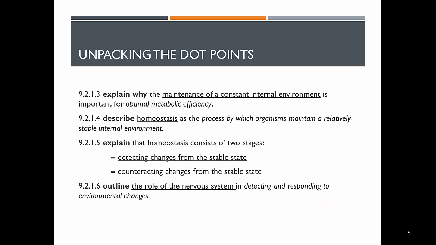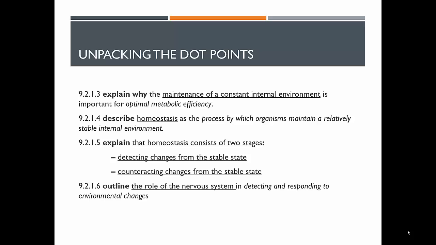So one of the big skill sets that we will continually drive into you guys is to know your dot points, understand what level of understanding is required for each one of them, know the content of each dot point, and understand the context. So our first one is explain why the maintenance of a constant internal environment is important for optimal metabolic efficiency. Next one we have is describe homeostasis as the process by which organisms maintain a relatively